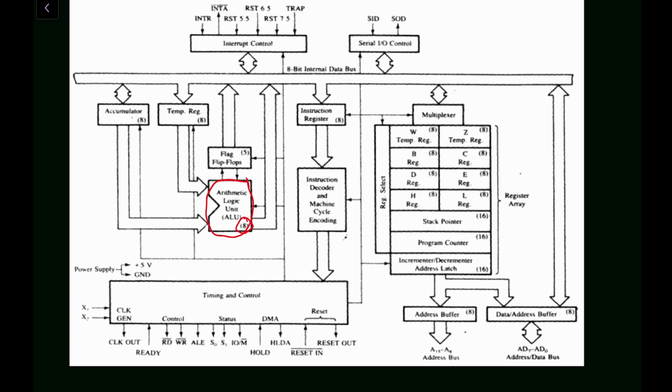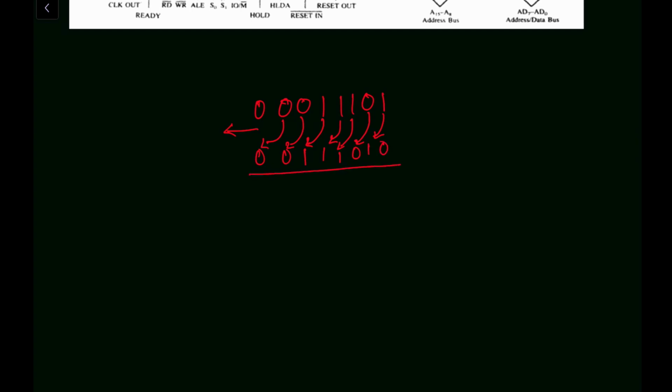Then we have the left shift. Left shift means we will shift the content of the register. Suppose we have register 0001, suppose 1101. Suppose this is an 8-bit data. If we want to left shift it, what will happen? This value will go out, then this will come here 0, this will come here 0, this 1 will come here 1. Okay, in this way we have to write. This 0 will come here, 1 will come here, and here we will add a 0. So now this is the content after the left shift operation.